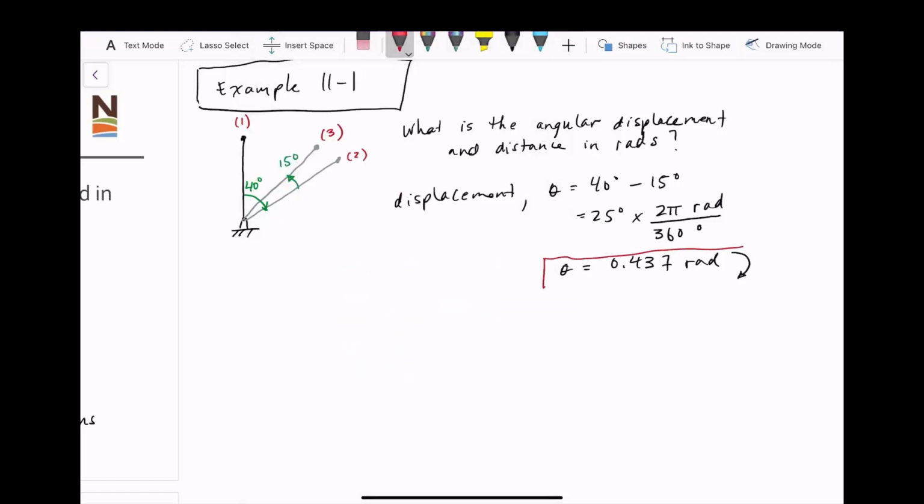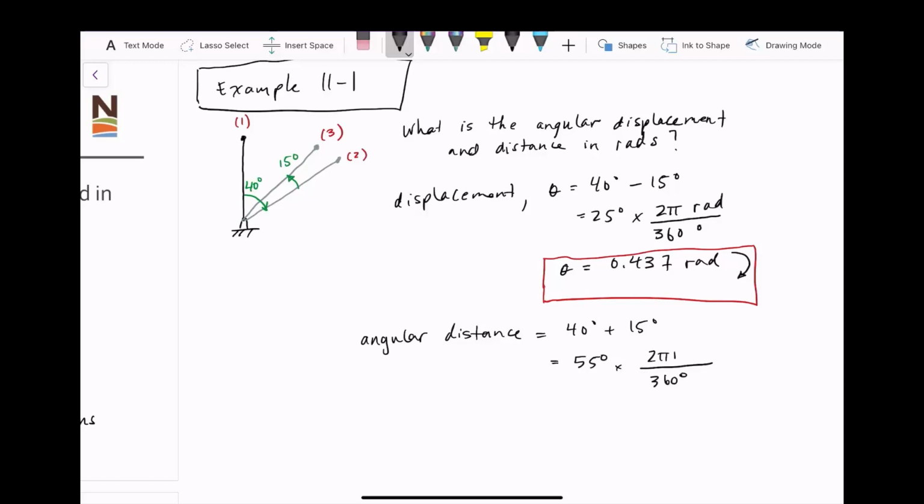And then either highlight it or put a big red box around your final answer there. Similarly, our angular distance then is equal to 40 degrees. Now it's plus 15 degrees for a total of 55 degrees. And we're going to use the same conversion: 360 degrees for every 2 pi rads. And that gives us